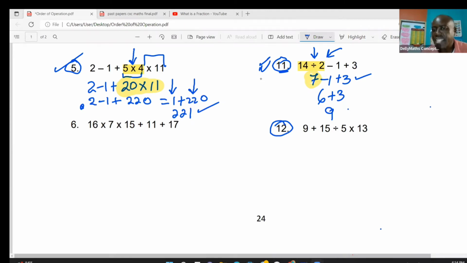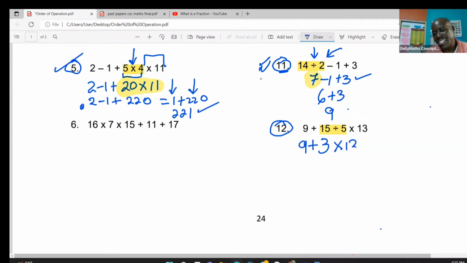So as you could see, the division came before the multiplication, and the division is stronger than addition. So we are going to write back the 9. All right, and you can put back your plus. But you're going to have to deal with this now. 15 divided by 5, and that is going to give us a 3. All right, and then you write back